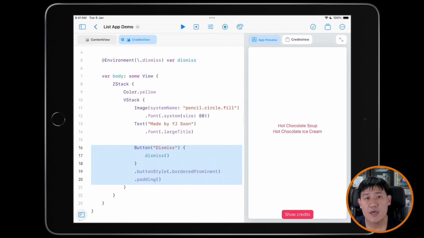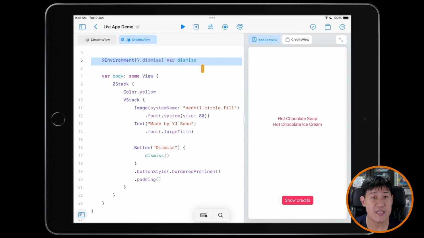Okay, so what's going on here? This is a special function that lives in the environment. Okay, so it's somewhere in iOS that says, hey, if you're trapped in a view and you want to get out of there, you can use this dismiss button. The way you get to it is by using this special incantation,